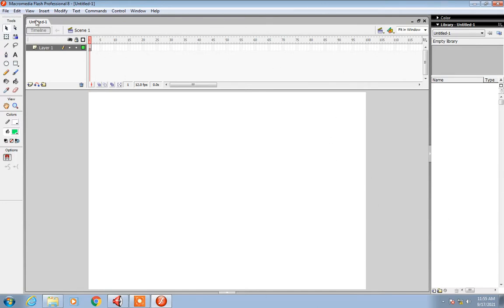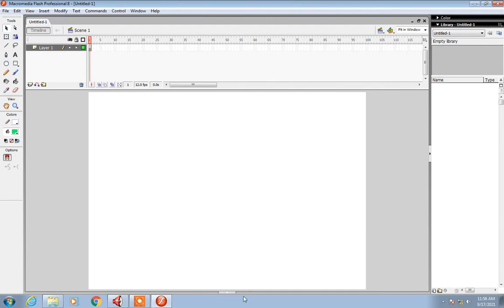The second most important part of Flash is the timeline. So this rectangle box which you can see on top is our timeline. Over here it will be decided in which frame or in which time period what object on the stage area has to be displayed. The third is the library. So whatever objects we are going to import on our stage area, those objects need to be there in the library, and then we can easily import and make use of it.